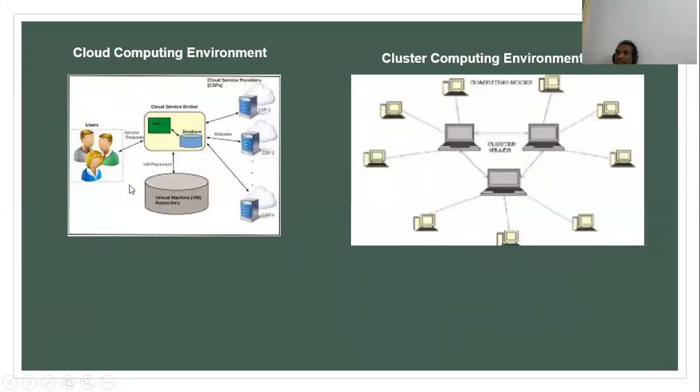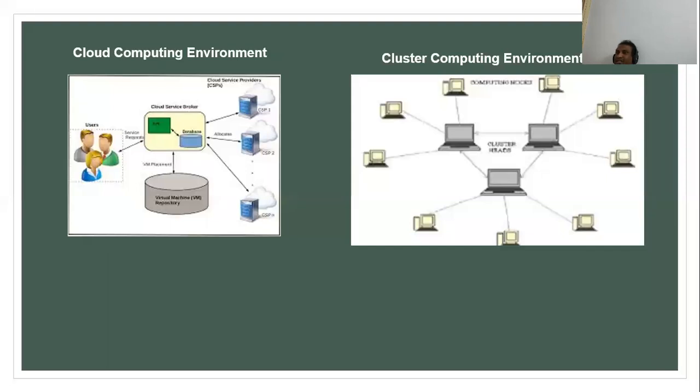In the cloud computing environment, all the servers are maintained in something called the cloud. Remember this: don't assume that computers are maintained on real clouds.